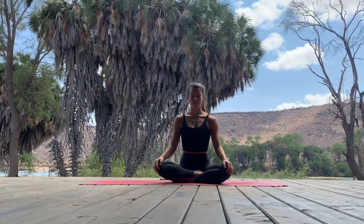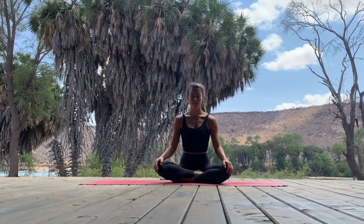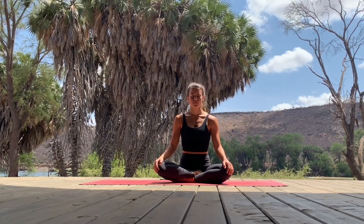Start to soften your gaze or maybe even close your eyes as you settle into your comfortable seated. Relax the muscles in your face, allow the shoulders to soften away from the ears and start to notice your natural inhale and exhale. As you breathe in, feel the chest rise, and as you exhale, feel the shoulders soften down. We are going to start today's Yin class with a bit of movement before we begin to find stillness